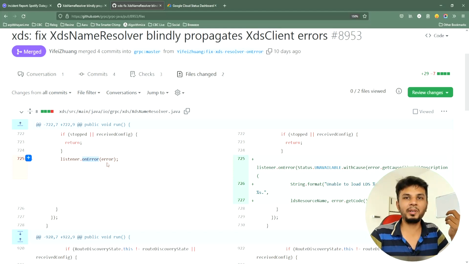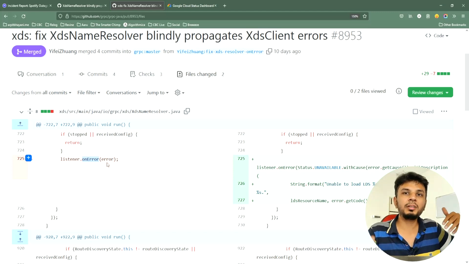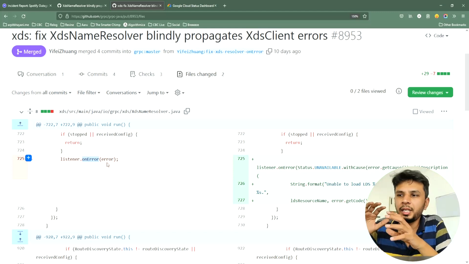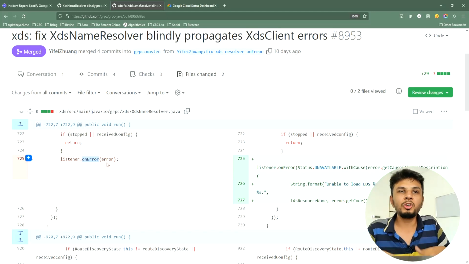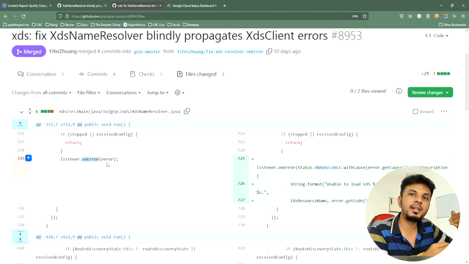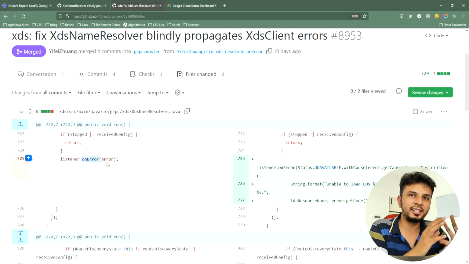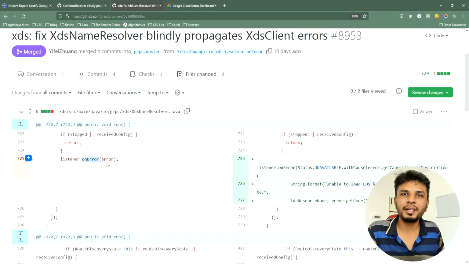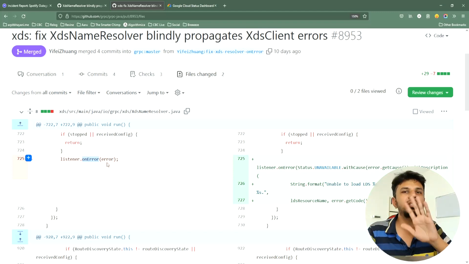So what happened because of this? The code that invoked this did not know what went wrong, because if you had known that only the XDS client failed but everything else was working, you might have handled that error in a different way. Like you might just say, hey, this must be a transient issue, let me retry, or this must be an issue which I can ignore, right? So that's where properly wrapping an error and adding some context to it is very important.